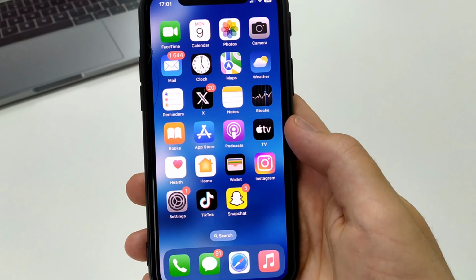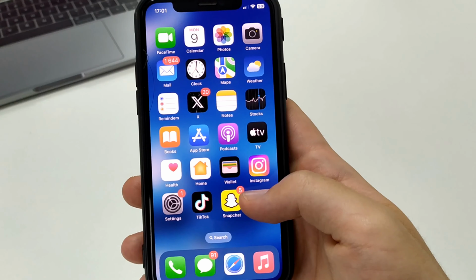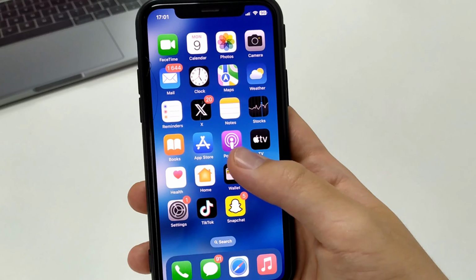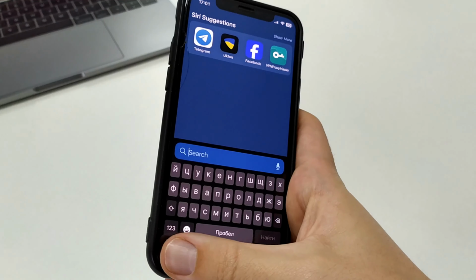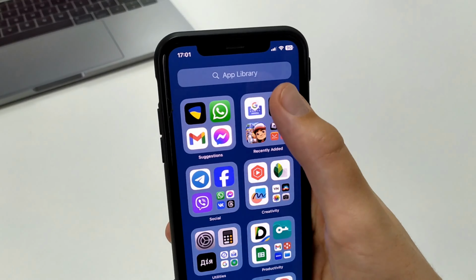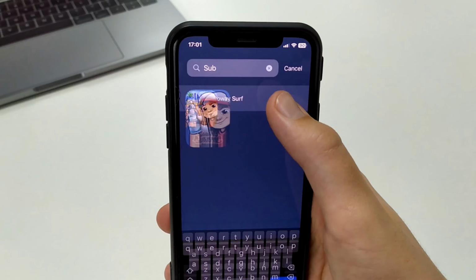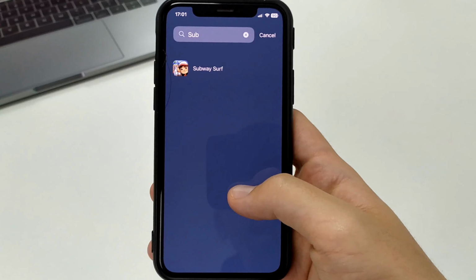And if you want to put it back on, you have to open it up. Swipe up like this. Open up a menu like this or swipe to the right like this. And then go to App Library and find this app called Subway Surf. Find it and go in. If you want to put it back here on the desktop, you put it out like this, and it stays there.